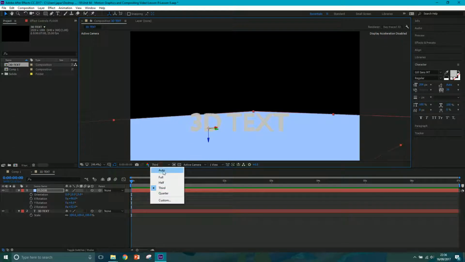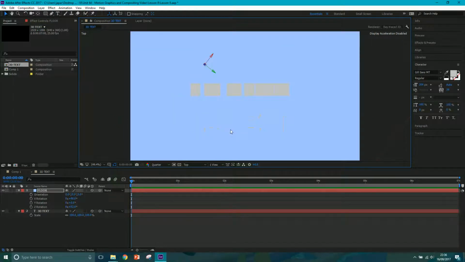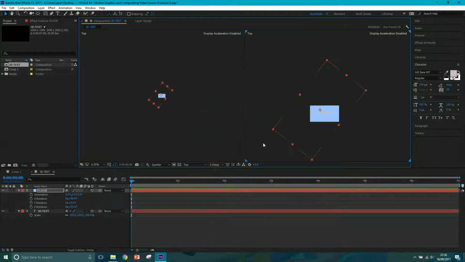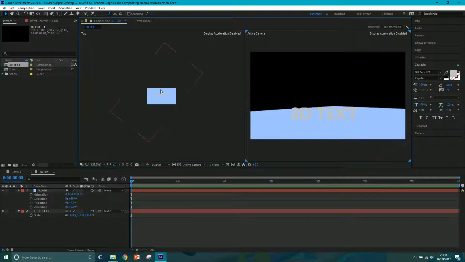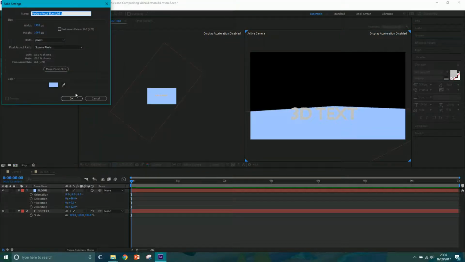Let's have a look at this from the top view. Actually, I'm going to turn this down to a quarter resolution so it goes a bit faster. So let's have a look from the top, and it'll take a second to load in. Right, so you can see what we'll need to do is put a wall by here and a wall by here. So I'm going to go to my 2 views, horizontal. Let's change this one to active camera, make it fit, and then create a layer, new, solid, and call it back wall,